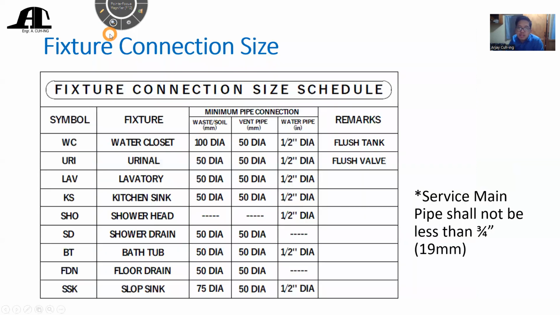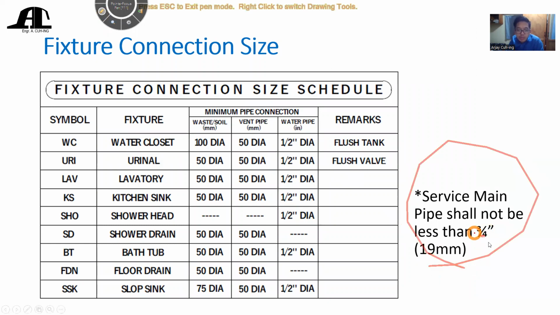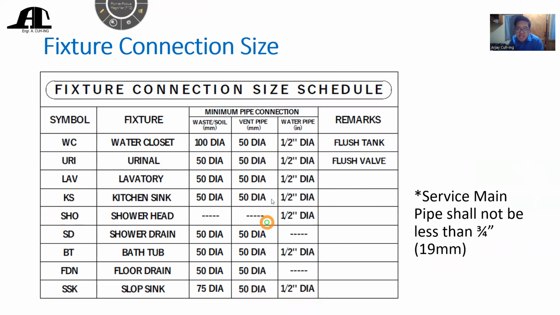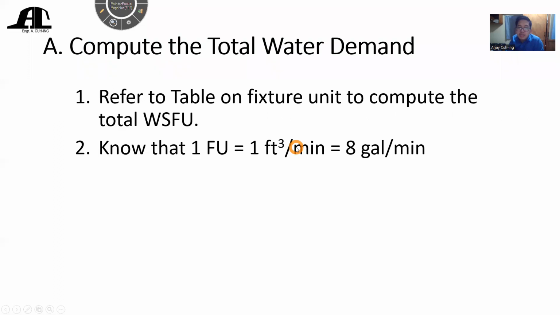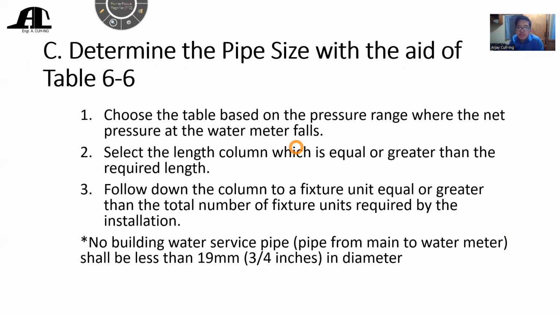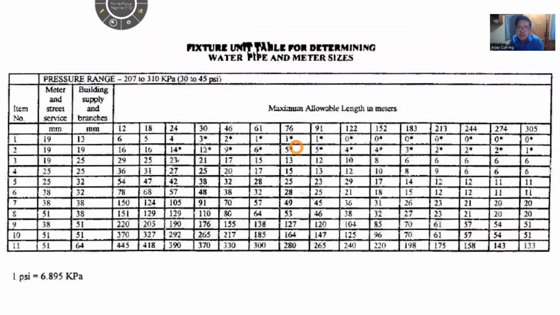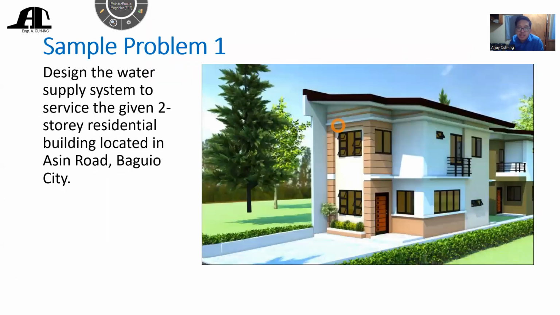Okay? So, meron din tayo, class, yung minimum connection sizes. So, yung service main natin, class, or yung mga supply pipe, ang minimum natin, class, 3/4. Tapos kung titignan yung, class, for the fixtures, meron lang tayo 1/2. Lahat. Kung titignan nyo, class, 1/2 rin lang kasi yung minimum natin dun sa ating brochure. Okay? So, yeah. So, yung ito, class, is for the pipe sizing. So, ito, same, class, for the pipe sizing. So, that's it, class, for our